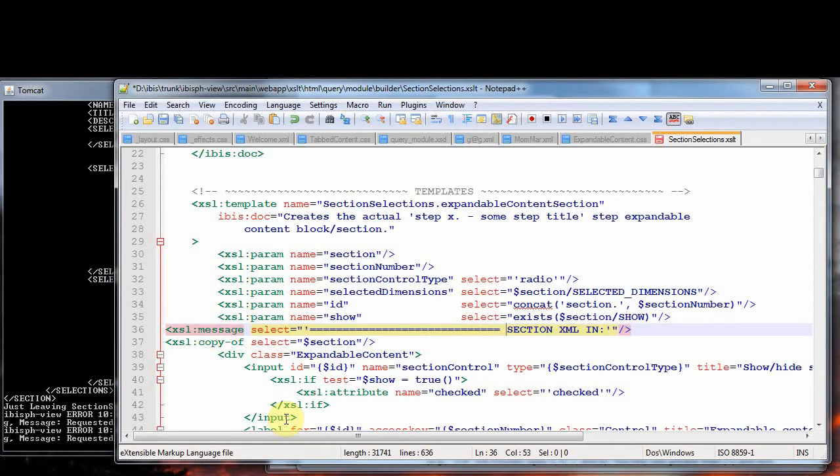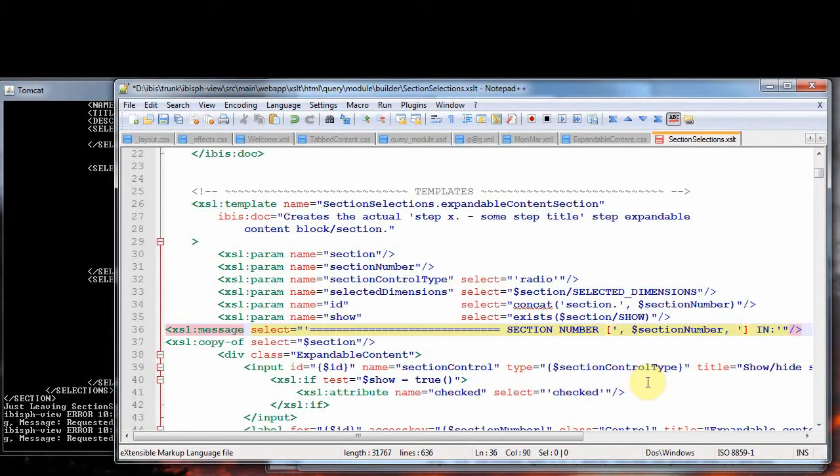And then I want to actually say the section number, and then I want to have the section number within brackets. So I will do a bracket like that, comma, and you'll see I need to change this to a concat. But I'm going to put in the section number. And variables, to get their value, you have to put a $ sign in front of them. And I want to have another string, a closing bracket, and then I want to have just that in the prompt